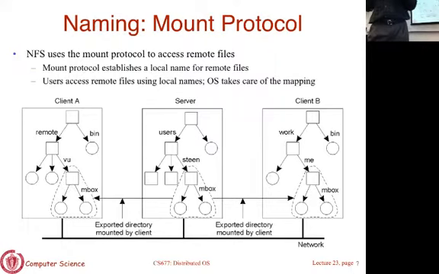NFS has this notion of a mount protocol. Mount protocol allows you to establish a connection with the server and access some file or some part of the subtree that is stored at the server. Okay, so it basically shows you the server that has exported a certain part of its subtree. In this case, these are user home directories. Okay, so it's assumed that home directories are stored on the server, and any client can essentially run the mount